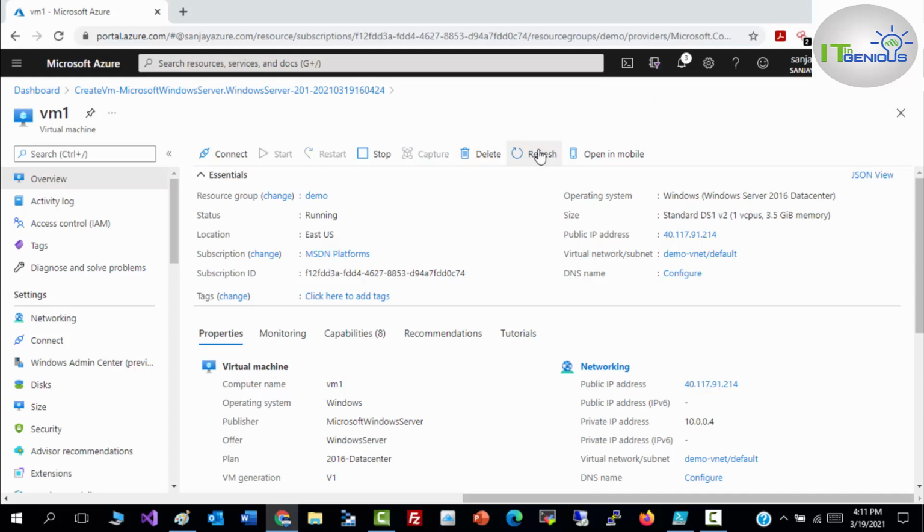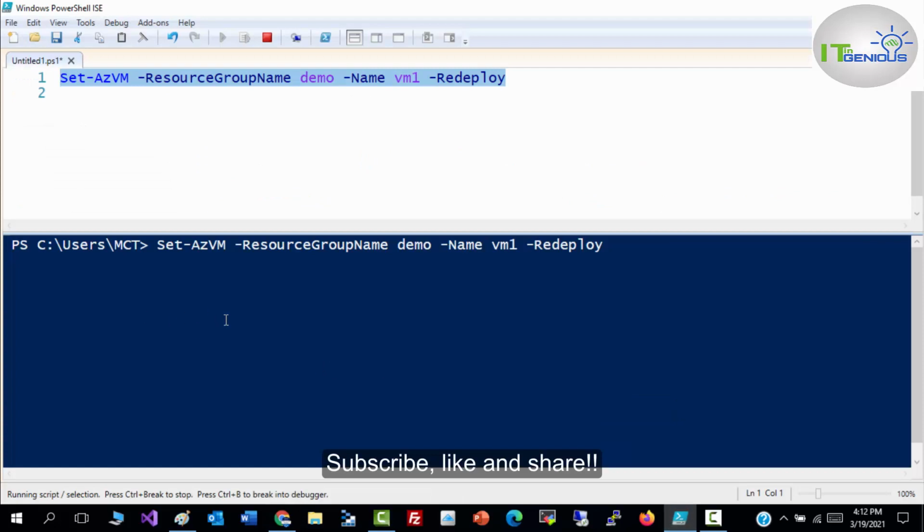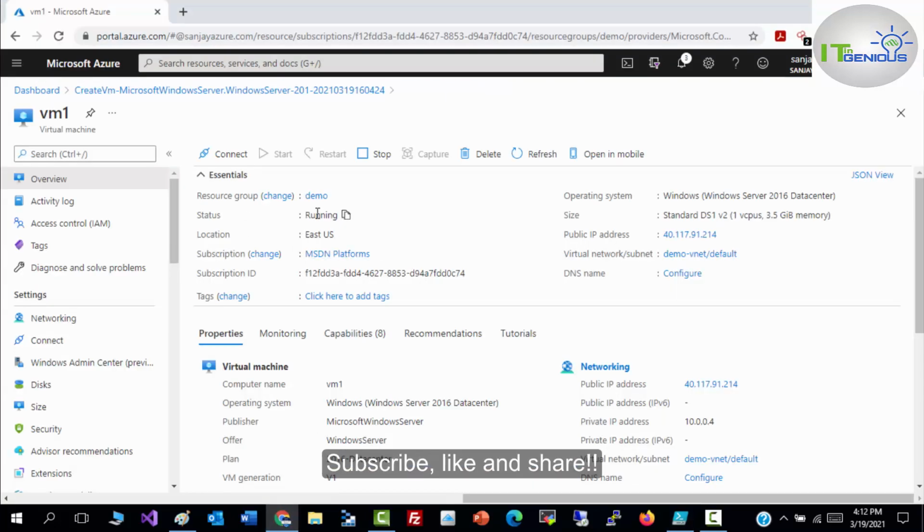It will take a few minutes to update your status. Let me go to my PowerShell, where you will get one message once this command has been executed. You will get the status Succeeded, and after that you will be able to see your VM status change as well.